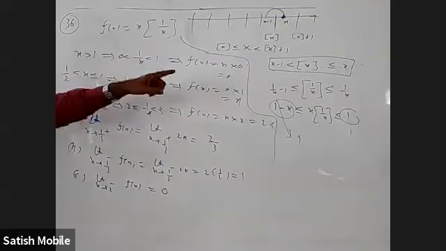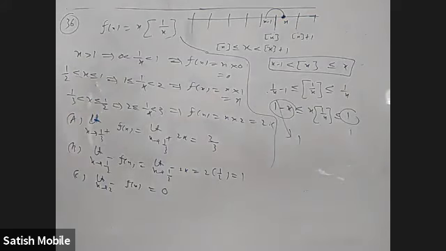The same logic that we used for option D, the whole of question 41 is based on that. To split it into a sum of how many terms, 15 terms, each one of them similar. The first one will have limit 1, the second will have limit 2, the last one will have limit 15. The sum of the first 15 natural numbers gives the answer 120. Question number 41.